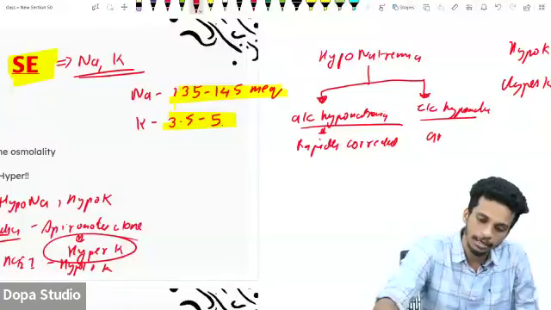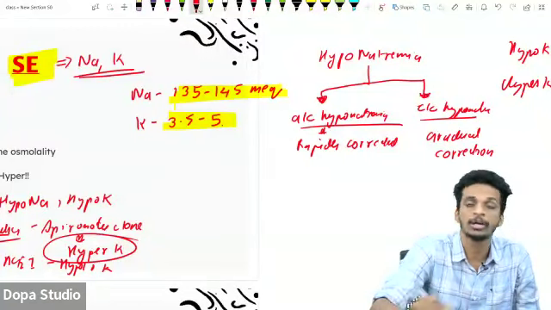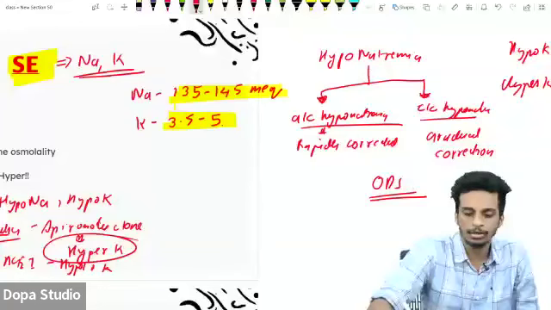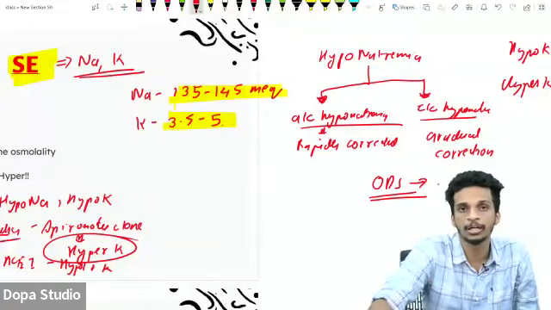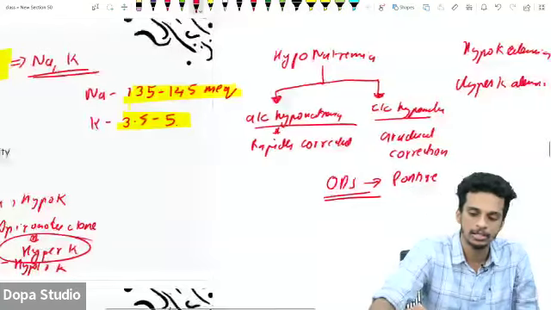Chronic hyponatremia, you should only correct gradually. This is because, as we all know, we fear the most dreadful complication, that is osmotic demyelination syndrome. ODS means osmotic demyelination, also called pontine myelinolysis,